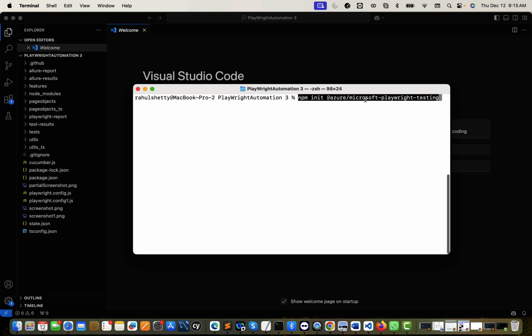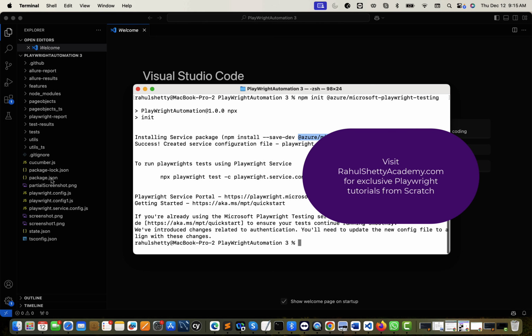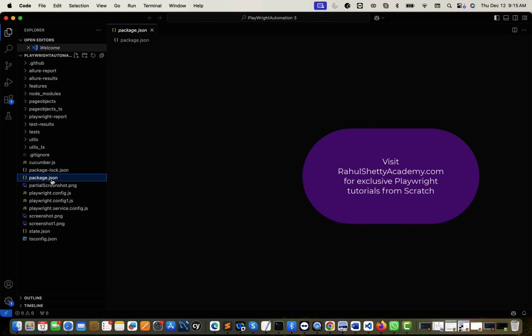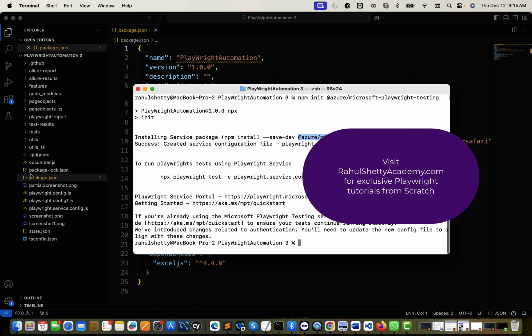The moment you initialize this npm module, it will get the package from the node module dependencies. You can see that npm installs this package. After this, you will be able to see this package's details in the package.json. All right, you see that? Let me go to package.json very quickly. You see that it has created one entry saying Azure Microsoft Playwright testing. At the same time, observe that it created another configuration file for you,